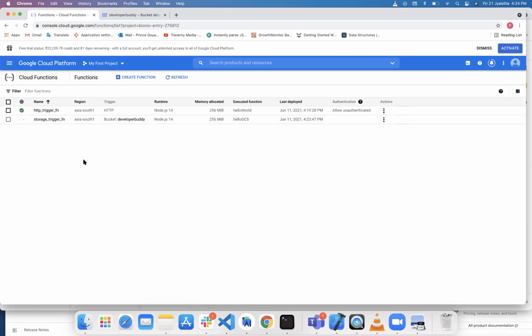Or if any image or file is inserted inside Cloud Storage, you can put an entry inside the database. So you can write such logic inside the Cloud Function. You can use all of the Google services' events with the help of Cloud Functions, and also HTTP.